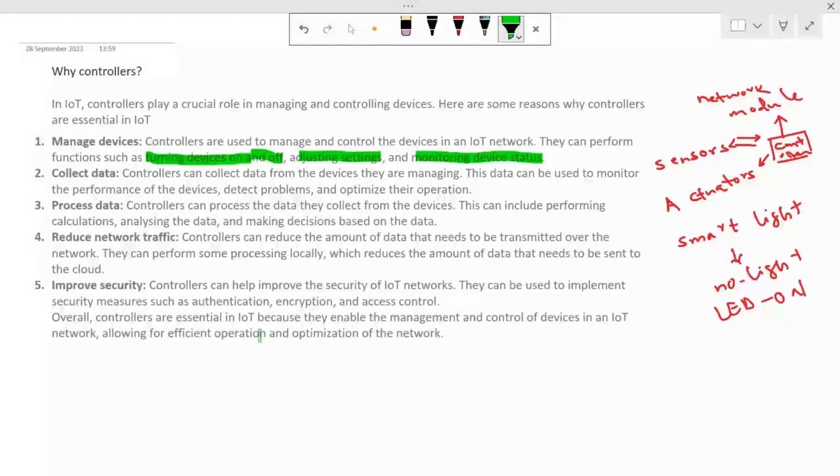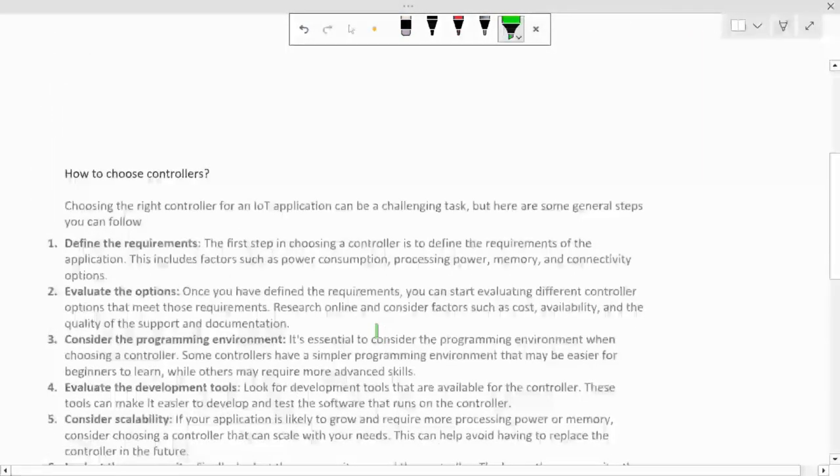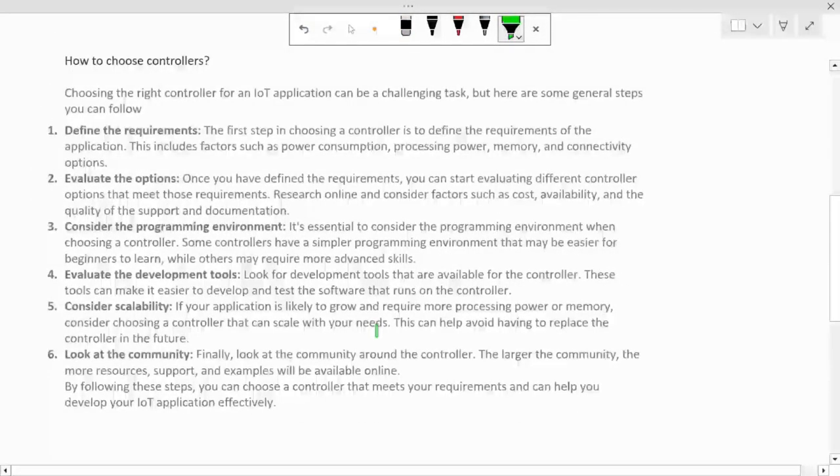So I hope now it is clear why we need a controller and what all the things a controller does for us. Now let's quickly move to the next section: how to choose controllers.